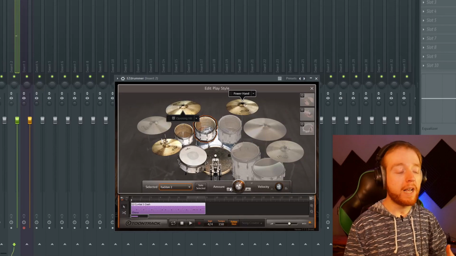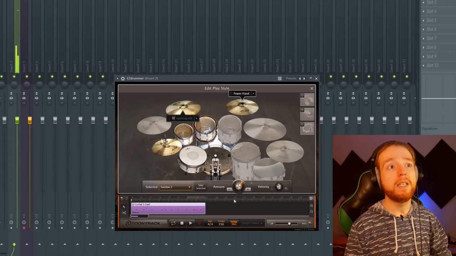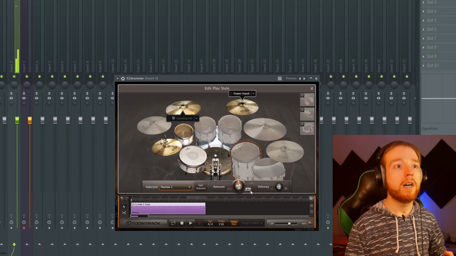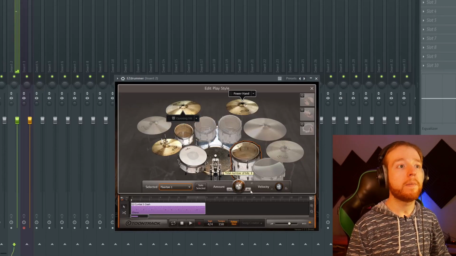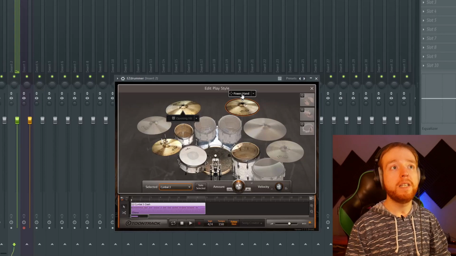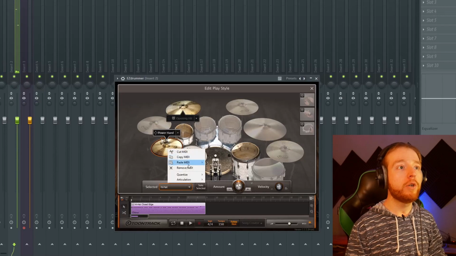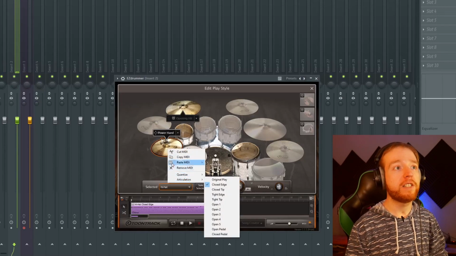Not only can you remove an element completely from the beat, you can also add in a different part of the kit. And if you don't like the crash to be a power hand, you can move that over to the hi-hat. And you can also change the articulation of it. So